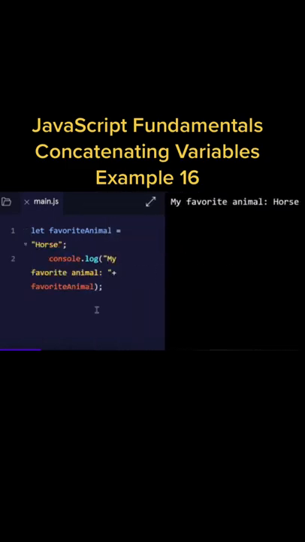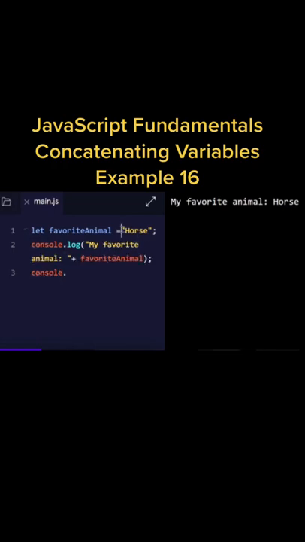But now I'm going to show you another way. So I'm going to use console.log. I'm going to use template literals now, which are these backticks at the top of your keyboard, just underneath the escape key. So I'm going to say my favorite animal, and then I'm not going to add the variable to